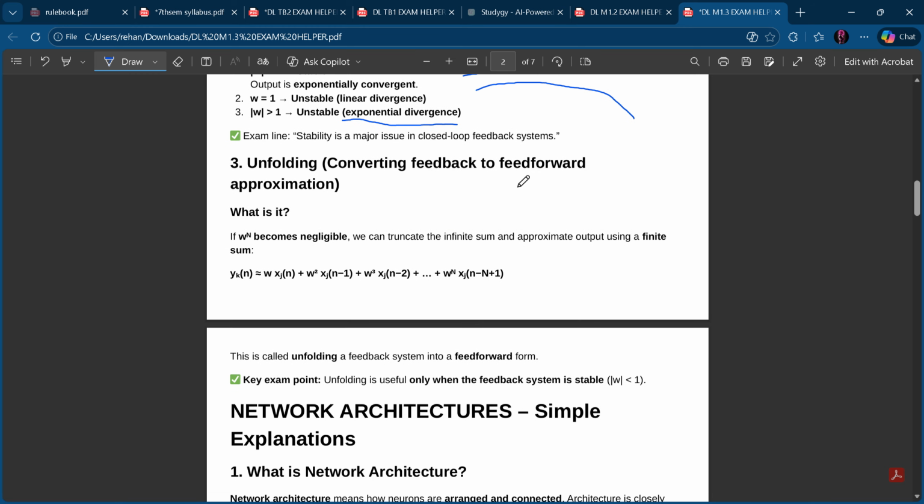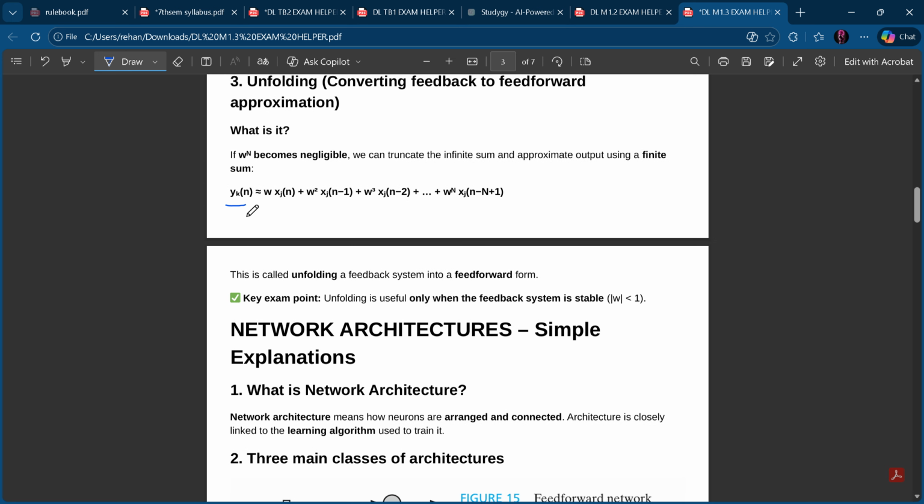Then unfolding, converting feedback back to feed forward approximations. So here it's very simple. See, you have the output y of n, right? It will be giving back: first you will have W into xj of n, then W square, xj remains the same, n minus 1, W cube xj n minus 2, then W to the power 4 xj